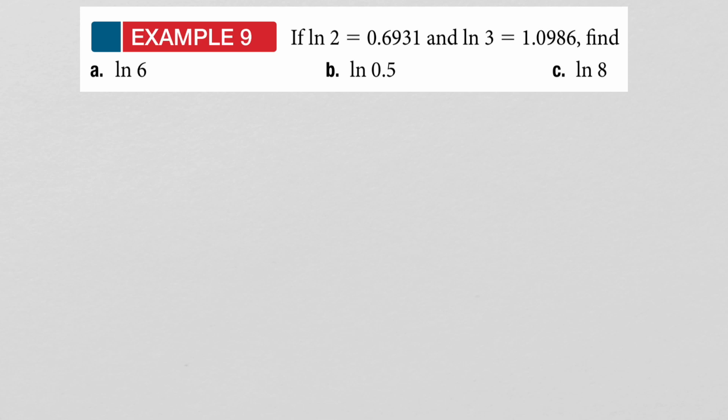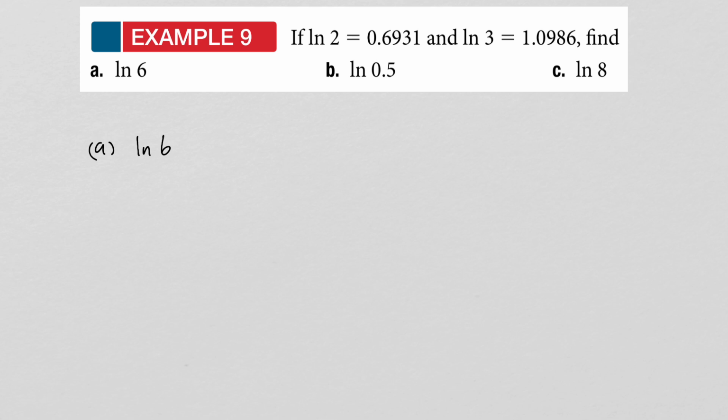Another interesting thing about logarithms is that we can use information about some logarithms to find other logarithms. And this is actually how logarithms were computed in the past before we had calculators. So for example, let's suppose that you know the natural log of 2 is 0.6931 and the natural log of 3 is 1.0986. Using this information and this information alone, so in other words, no calculator, can you find the natural log